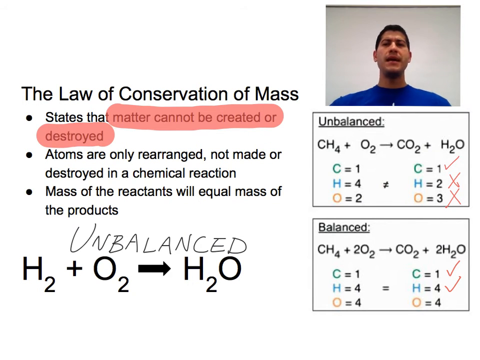So you can never make an equation follow the law of conservation of mass by changing subscripts. If we did that, then we would be changing the substances that are represented in the reaction. The oxygen atoms can be balanced by adding a coefficient of 2 to the O2. At this point, there are equal numbers of carbon, hydrogen, and oxygen atoms on both the reactant and product side